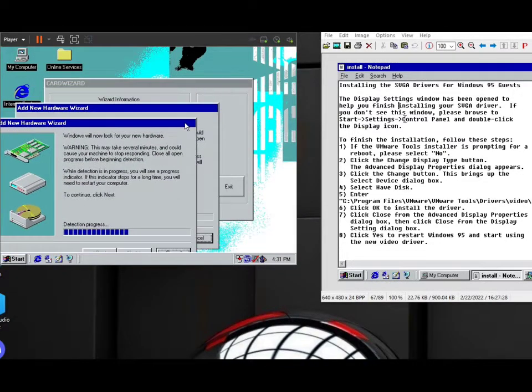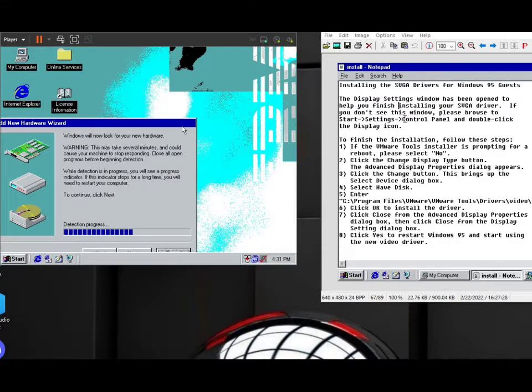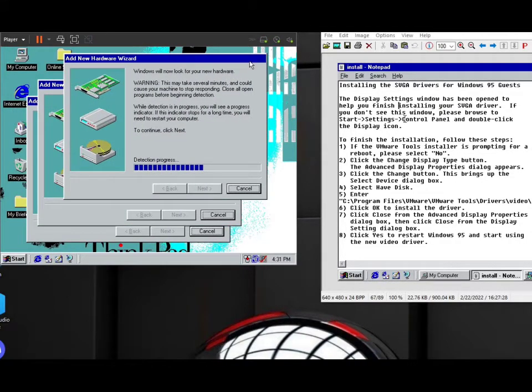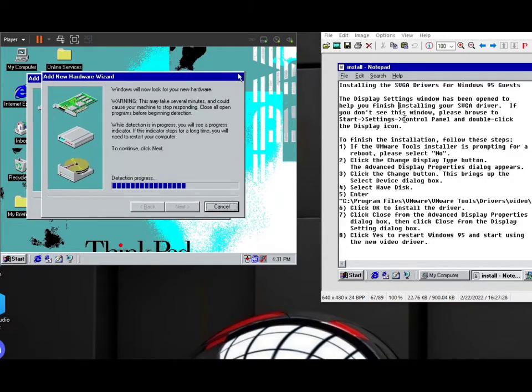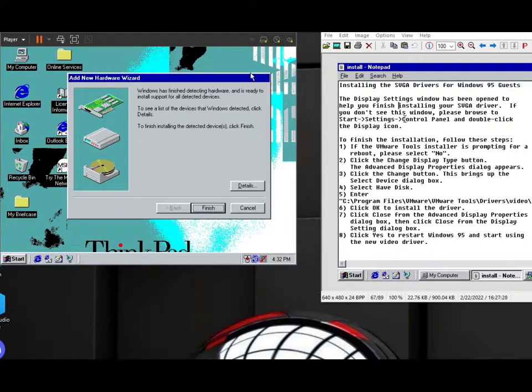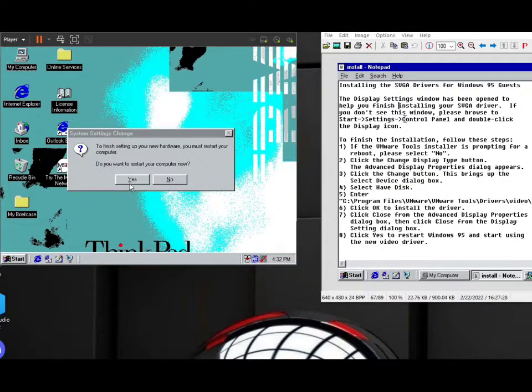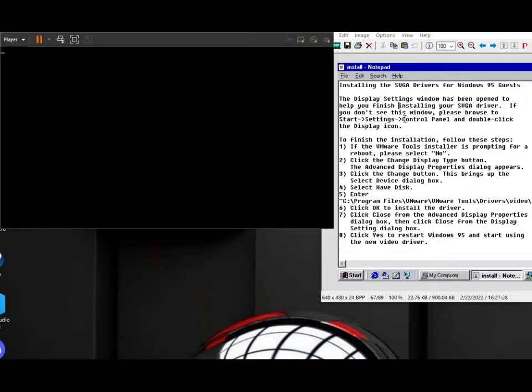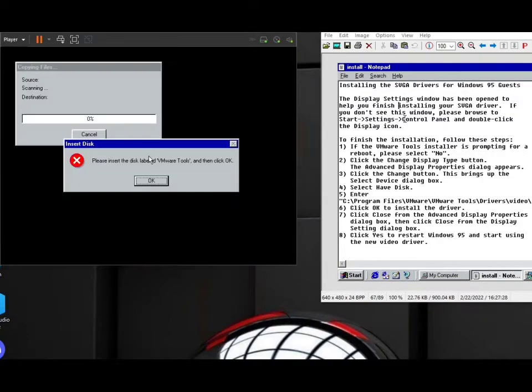Oh, okay. But I can kind of draw with it. Anyway, okay, finish, reboot again. I think Windows 95,